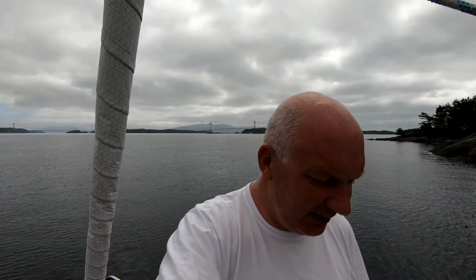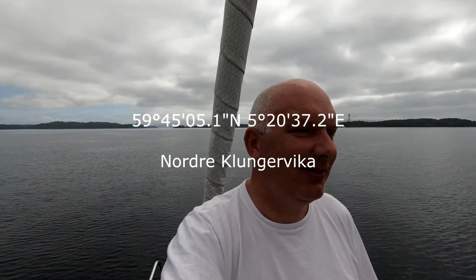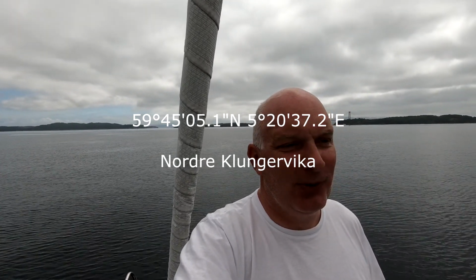So now we are anchored at a place called Klongervika, actually it's the Nordre Klongervika. That means it's two bays with the same name, and this is the most northern one. So, sandy bottom, tight squeeze, room for one boat, but really nice. It's kind of wild. Klonger means like small bushes with thorns on them,